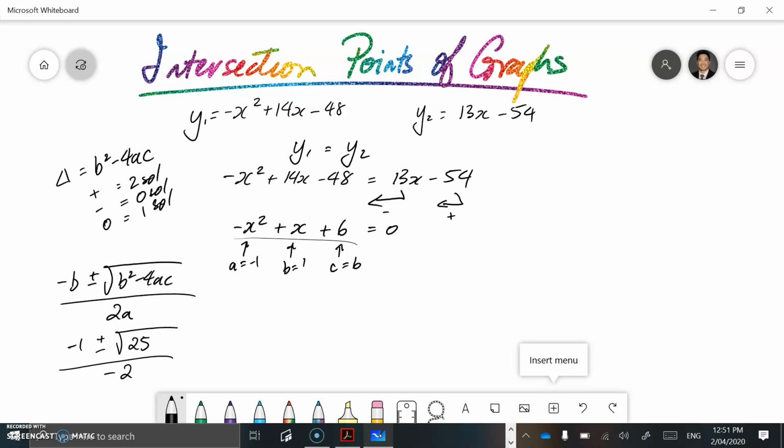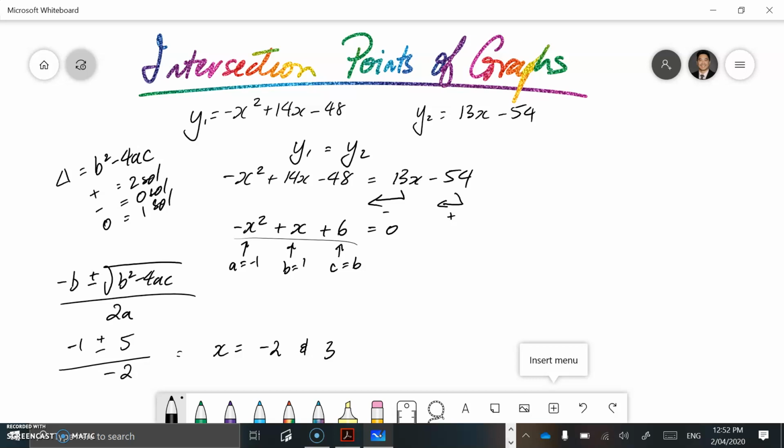If we were to simplify all of this, obviously the square root of 25 is just 5. And then we end up having our x values to be minus 2 and 3. So minus 1 minus 5 divided by minus 2 is 3. Minus 1 plus 5 divided by minus 2 is negative 2. These two solutions, because our discriminant is positive, kind of affirms everything,